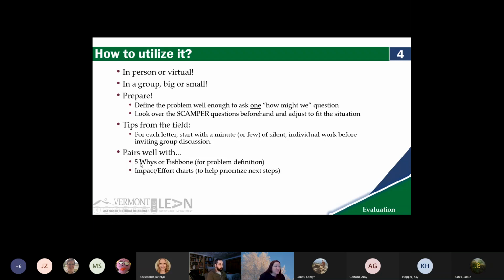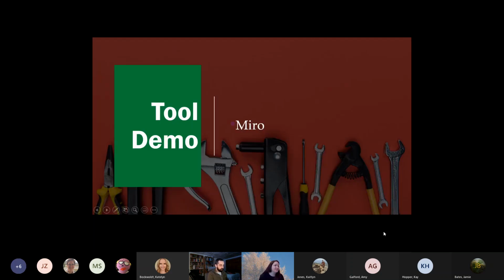And to start, I mentioned before, you have to have that one how might we question. So you may need to do a little bit of problem definition before you start the brainstorming activity. And so 5 whys or fishbone, which are those problem definition exercises, can be really helpful in defining the how might we question. All right, so now I'm going to show you